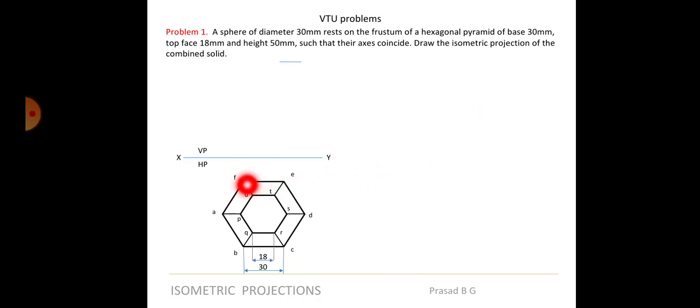First of all, drawing the outer hexagon, the base hexagon, is not a big deal; you will draw it directly. But how do you know this is the exact position where the inner hexagon has to be placed? Of course we know that this side is 30 and this side is 18, no doubt, but if I place the 18 by mistake somewhere here, then the hexagon will go outside. Now how do I know it's properly placed? That you think and decide.